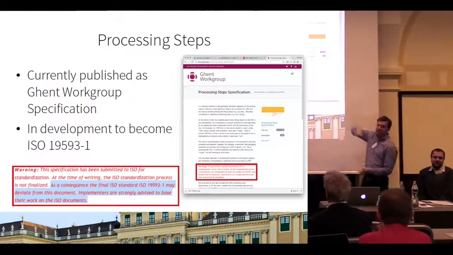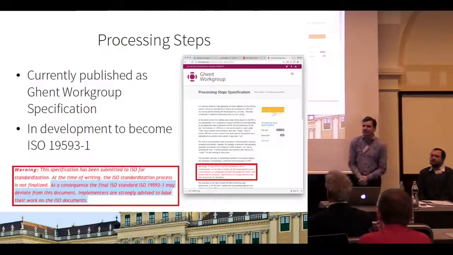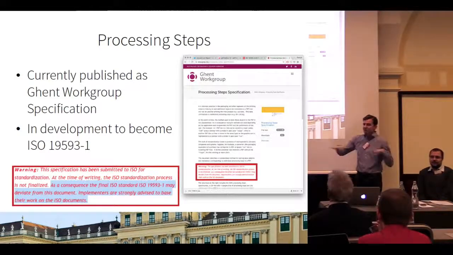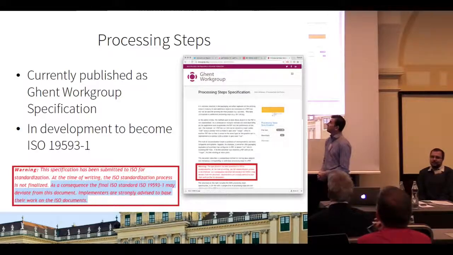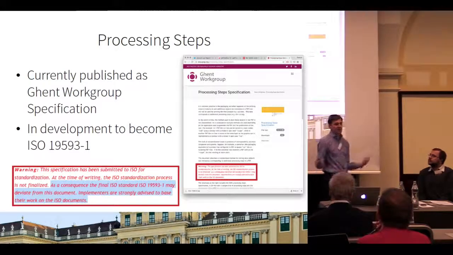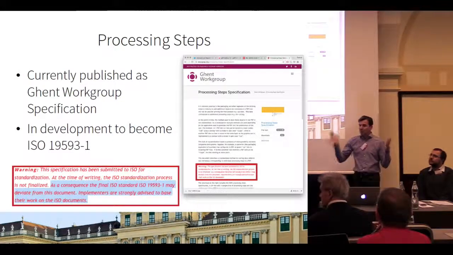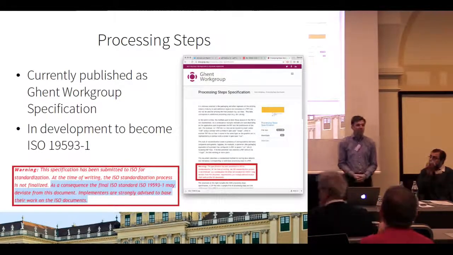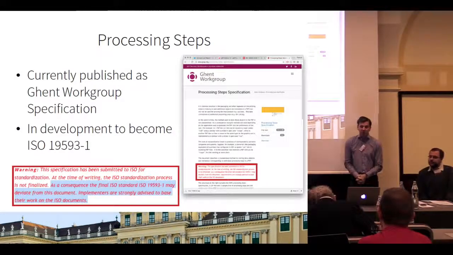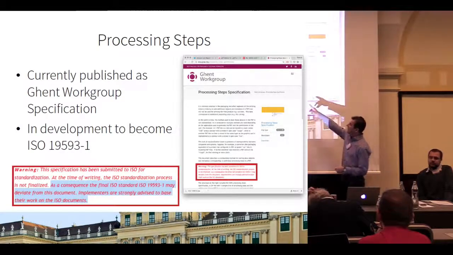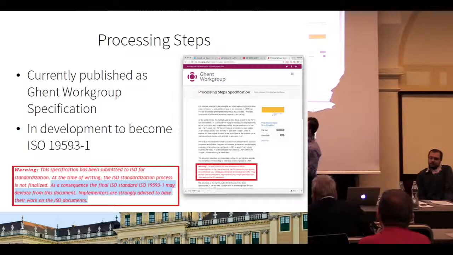And since you were involved in the initial establishment and the work on processing steps, I think you have been involved in the Ghent Workgroup. So the whole thing has been invented by the Ghent PDF Workgroup. It came from there, and it is published as a specification, so it can be downloaded today, and has been, I don't know, for almost a year from the Ghent Workgroup website as a Ghent Workgroup specification, and the Ghent Workgroup has given it to ISO and at the same time has written a warning here on their website,